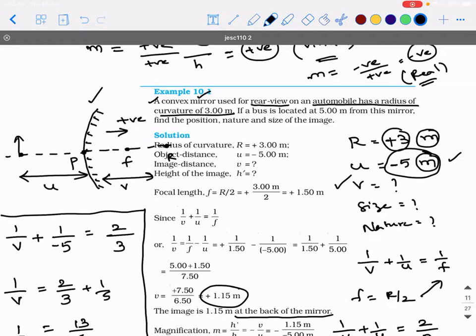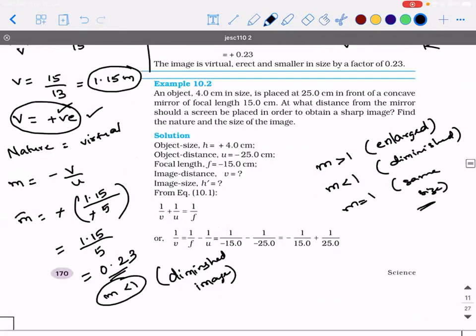So what was the important property that a convex mirror exhibited? A convex mirror always forms a virtual image. Secondly, it always forms a diminished image. Do you guys remember this? It is because of that property only that it is used in rear view mirrors, right? So what I'm trying to say is, if any problem is based on a convex mirror, then you need to ensure that the magnification is always less than 1. If while solving a problem for a convex mirror you get magnification greater than 1, that is the biggest mistake. It means you have done something wrong. You will never get it. Clear? Yes, sir.